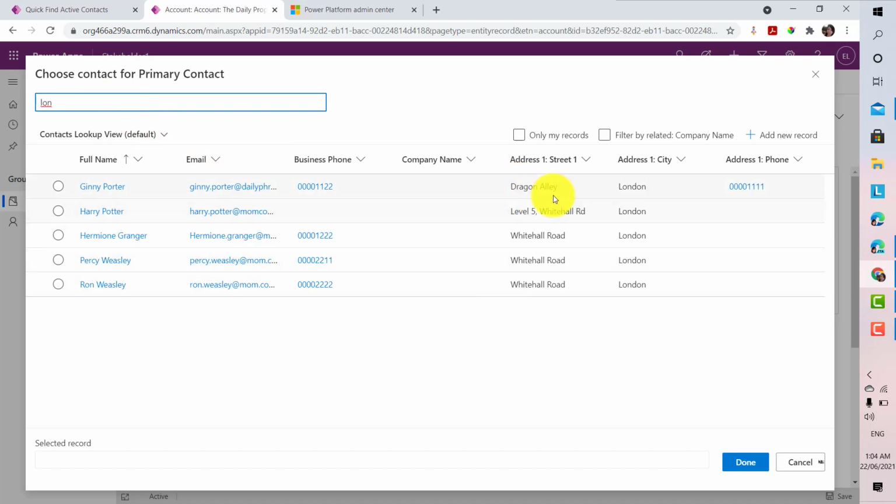There you go, it searched for London. So the way to configure the search, the columns that it can search for, is still the same as previously. You have to configure it in a quick find. Now, based on the docs that we saw just now on the PowerUps blog,